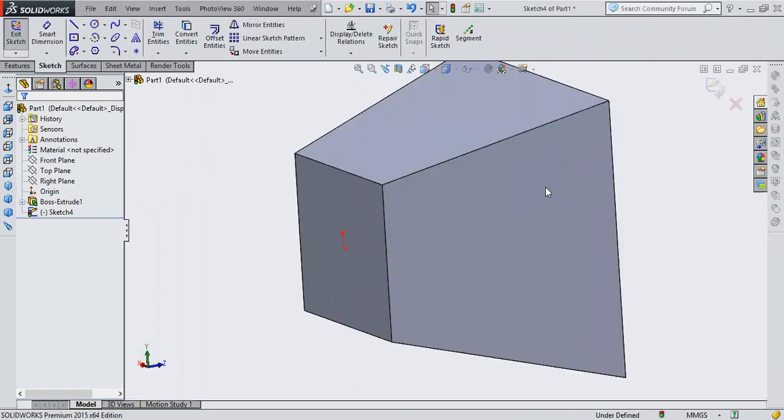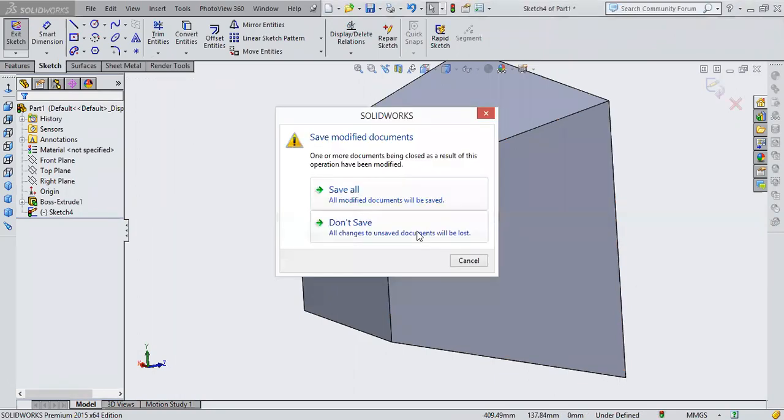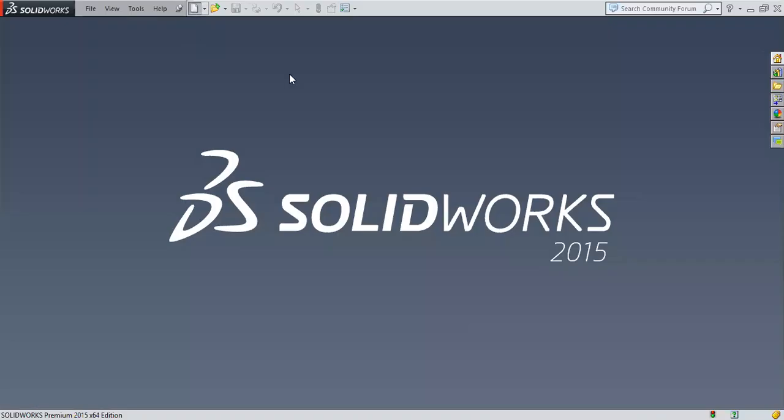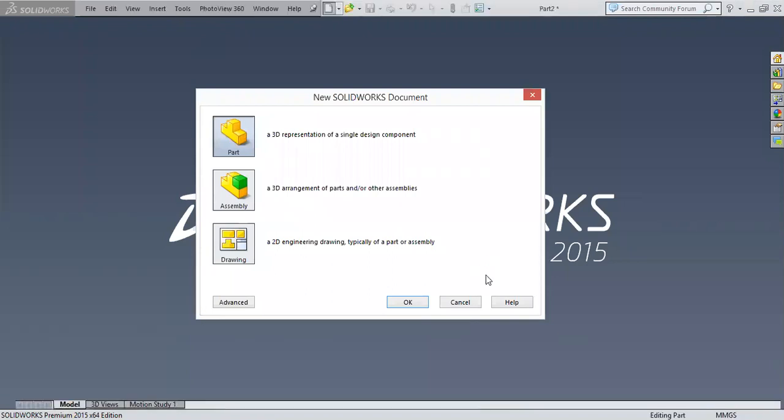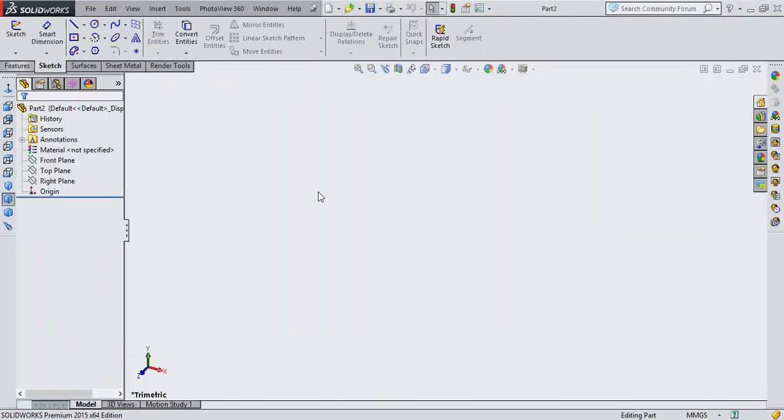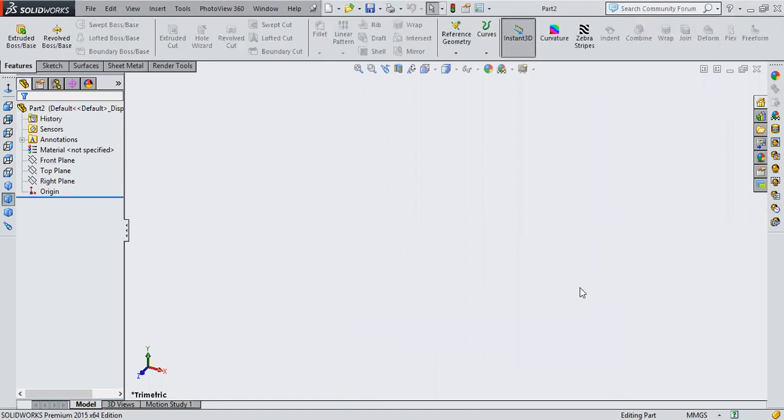If you want to understand this revolve boss bar base, you should have some basic idea. That basic idea is, have you guys done your screw jack, right? Yes, sir. So you have created the top nut of that screw jack by using Solid Edge, right? How you created it means you just took the half drawing of it and revolved it. Revolve protrusion. So everybody, do you remember the tool you have used?